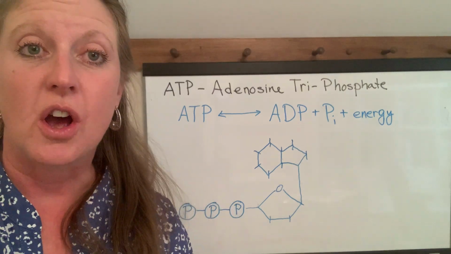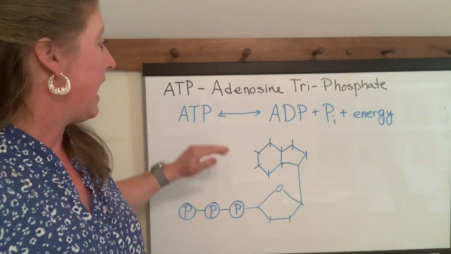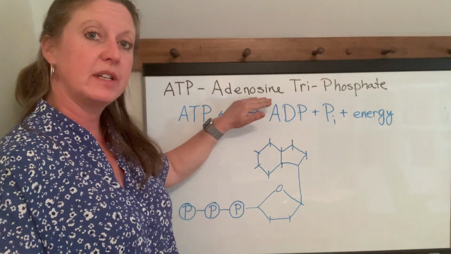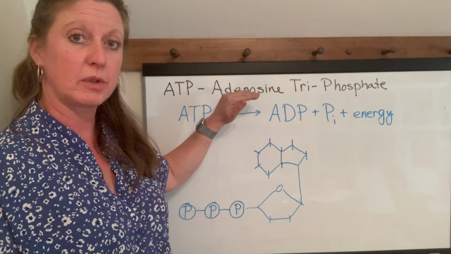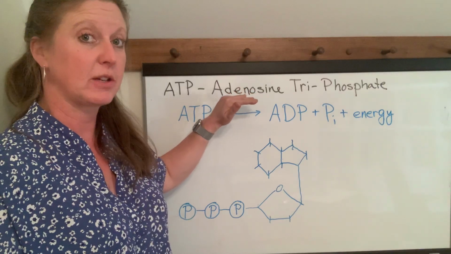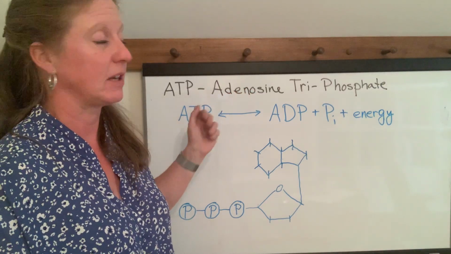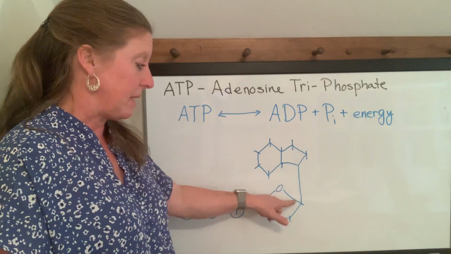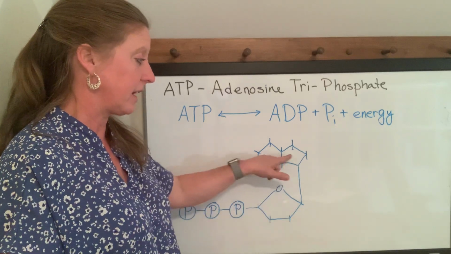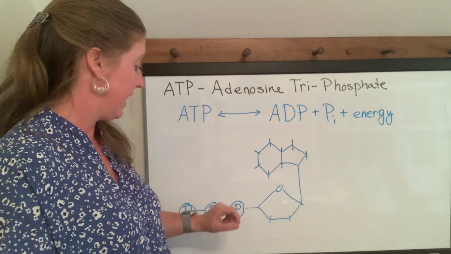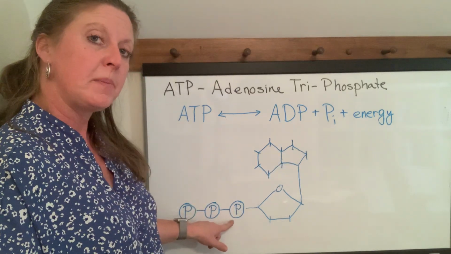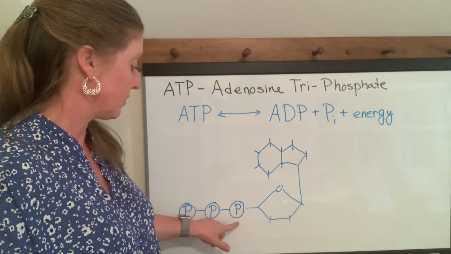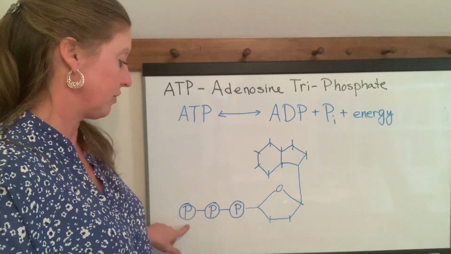Okay, so let's talk about what ATP is. ATP stands for adenosine triphosphate. And we've seen adenosine before when we were talking about nucleic acids and special nucleotides, which this is a special nucleotide. Just like all nucleotides, it's made of a sugar connected to a nitrogenous base and a phosphate group. But what makes this one special is that it's capable of forming bonds with or connecting with 3 phosphate groups,